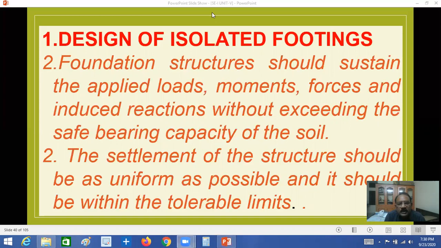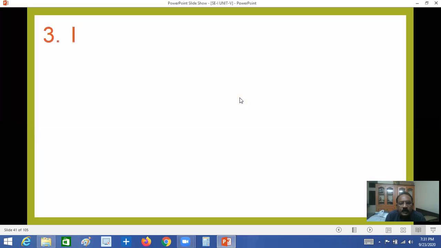See, if you see this one here, your foundation will be like this, almost uniform. Here you will have uniform load under the footing. If you have uniform load bearing capacity, that load will act on the footing, right? This is one of the important points that we are assuming.